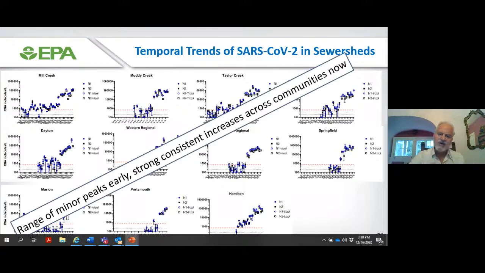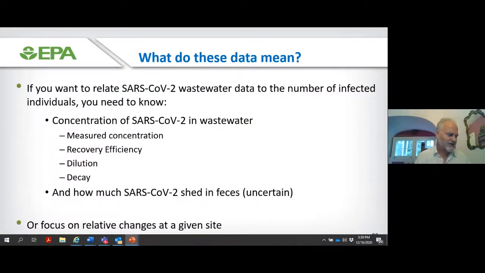So the take-home message is that there was a range of minor peaks early, and you could see those in the wastewater, and now there's just really strong, consistent increase across communities. So what does this data mean? Well, then we're going to talk about the translation to the state, but